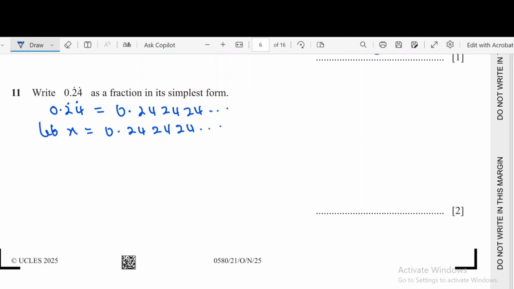Now let's see, I need another recurring decimal that can still move 24, that can repeat 24 indefinitely. If I take 10x, 10x will just repeat 4, 2, 4, 2, 4, 2. So if I take 100x, 100x is going to give me 24 point. So it will keep the same decimal part that recurs. So now if I do 100x minus x, it's going to give me, just like if you have